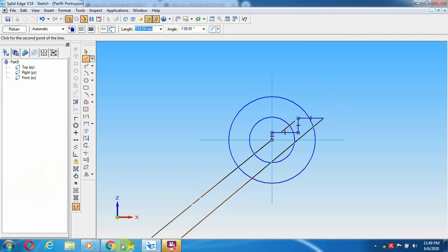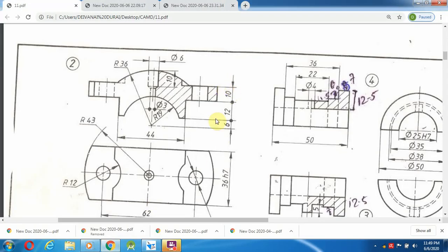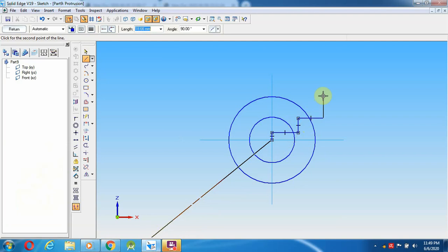Then again a height of 10 mm, which I'm going to move towards the inside of the circle.